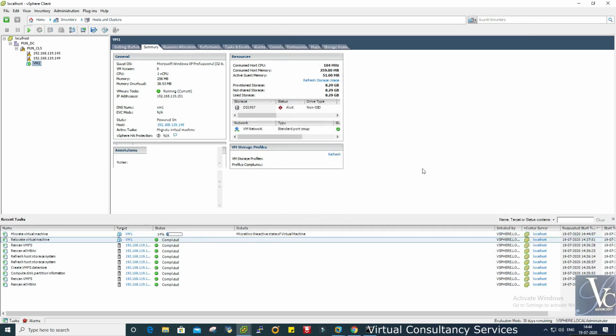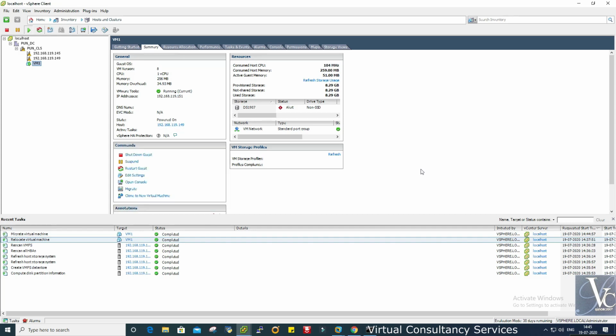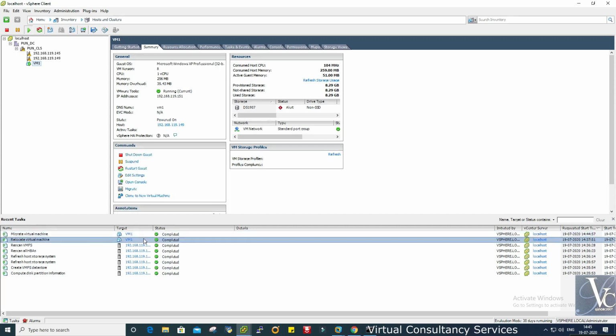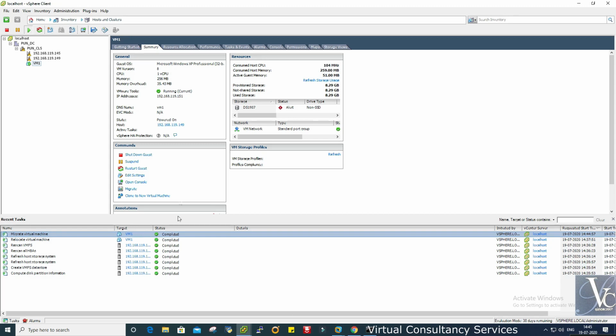There is no error here, this should be successful. Then and only then can you do the vMotion. Next, and finish. We have to select only the destination host here. Okay, so see, the migration is completed.